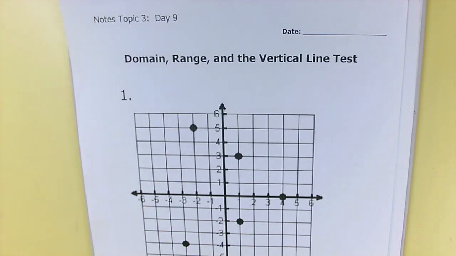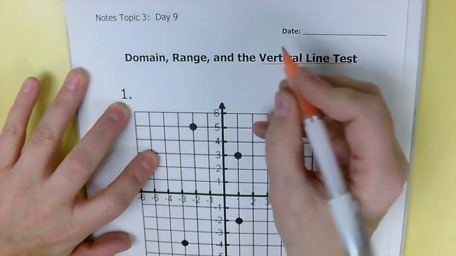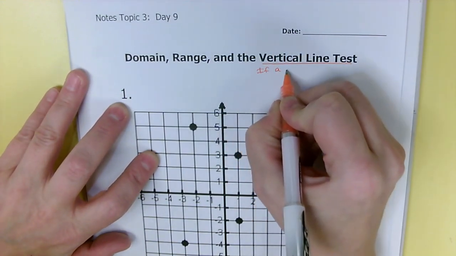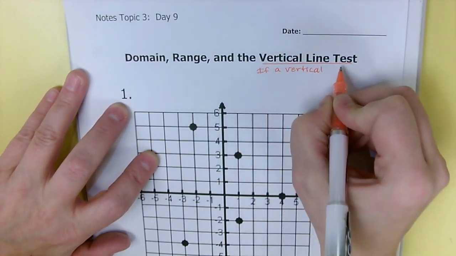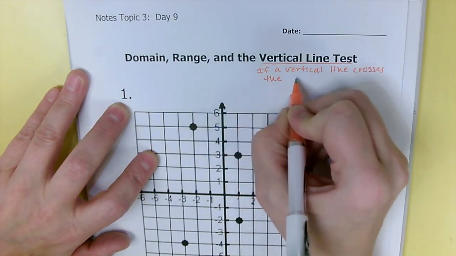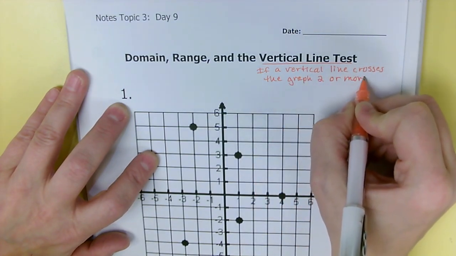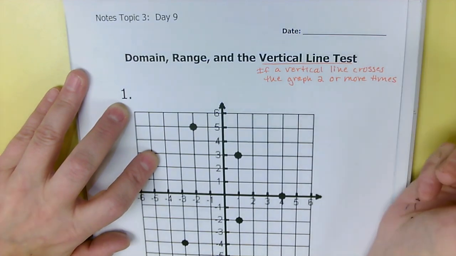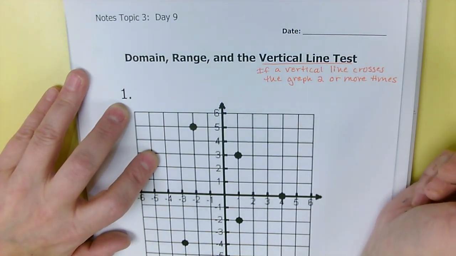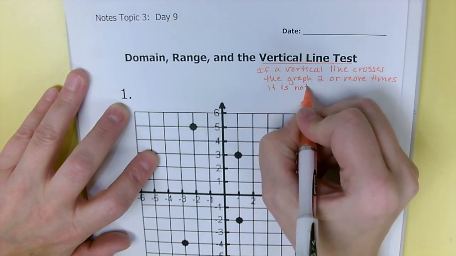Okay, so first thing I want you to do is somewhere near the top of your notes, because you don't have that much space on yours, we're going to write out what the vertical line test is. So the vertical line test says if a vertical line crosses the graph 2 or more times,